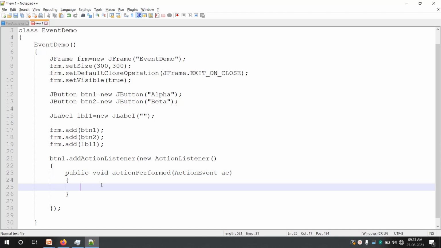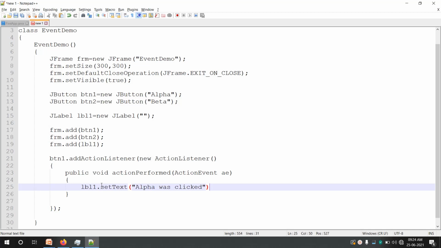Now inside this actionPerformed we have to add the code which we want to execute. As I have said, whenever you click on the first button, that is alpha, the label should have the content alpha was pressed. So let us add some content to the label now. lbl1.setText, in brackets we will say alpha was pressed or alpha was clicked.